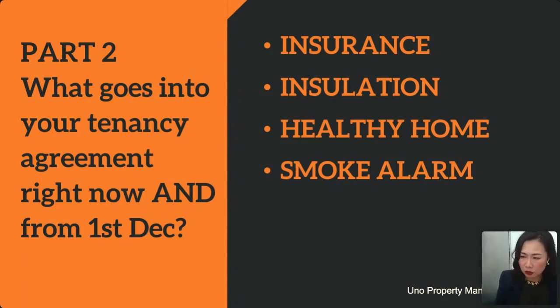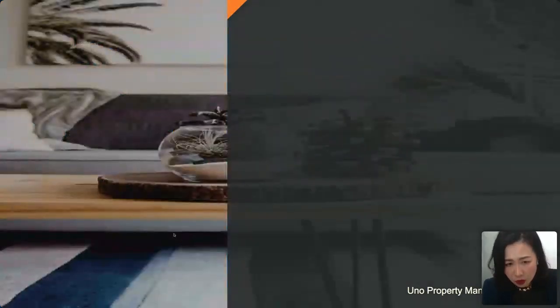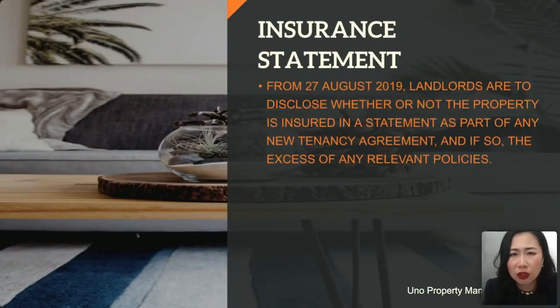But as I mentioned earlier, from 1st of December, you need to complete a 13-page document to describe the current level of compliance for your property. So I'm going to share what they look like. So first of all, insurance statement from August last year,